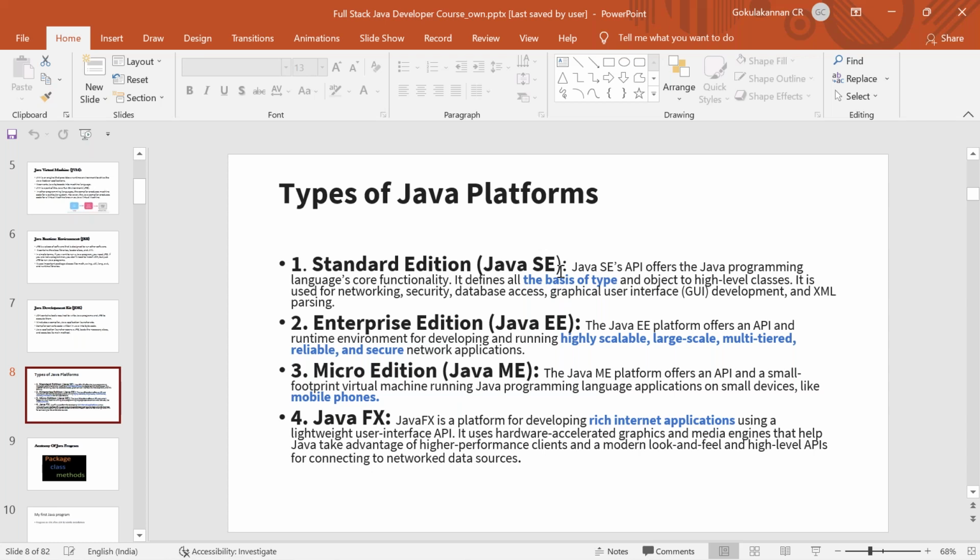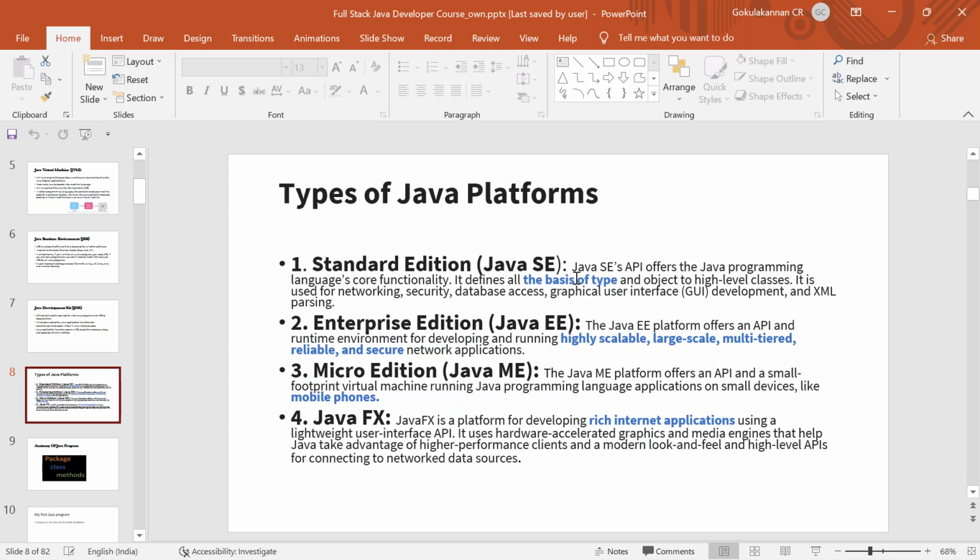So standard editions have some certain limits. It is open source. It is free of cost. You don't need to pay anything for that. You can use it. It won't have the extended feature of Java. It will have a feature which is sufficient for us to learn Java. So that thing will be available in Java Standard Edition. All basic types would be there and some high level classes would be there. So this is the Standard Edition.